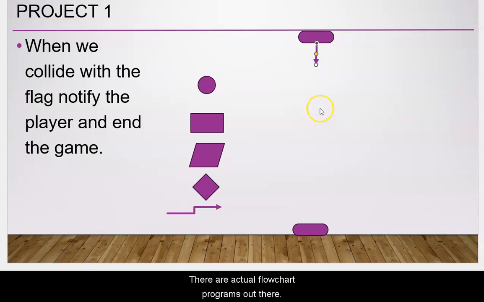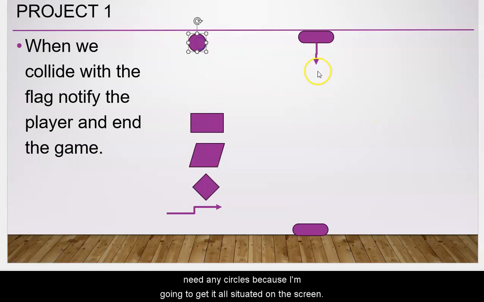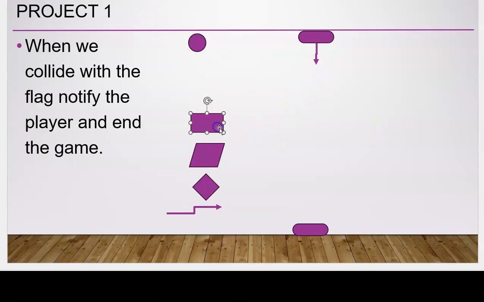There are actual flowchart programs out there, but I find it's easier if I have this on my computer, so I can do it and it makes it pretty easy. So now we have this. I'm probably not going to need any circles because I'm going to get it all situated on the screen, but just in case, we'll leave that to the side. I do need a,